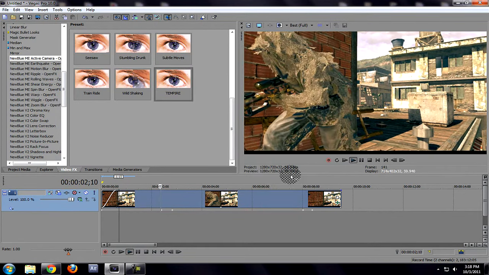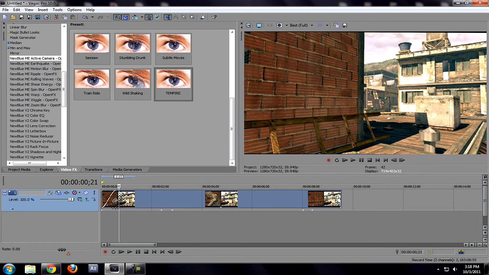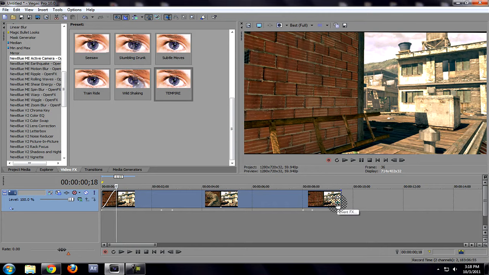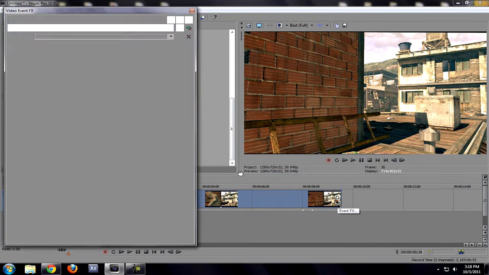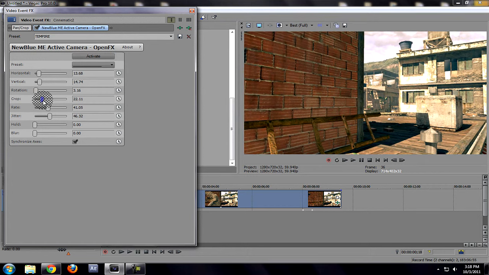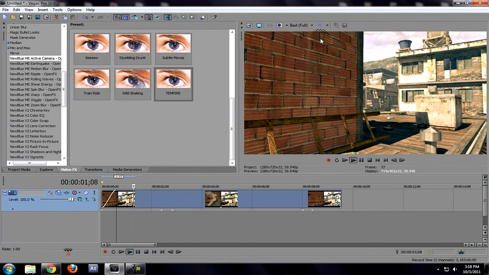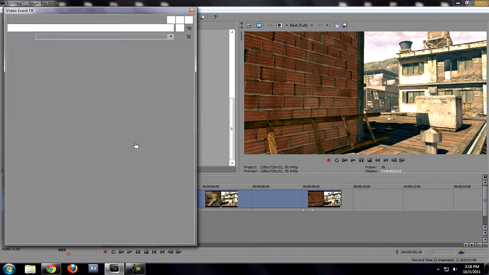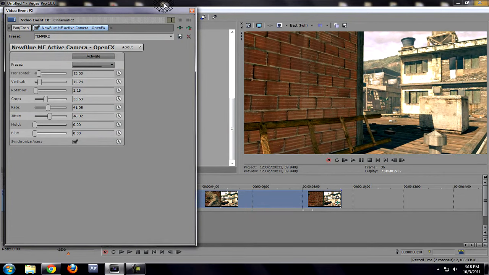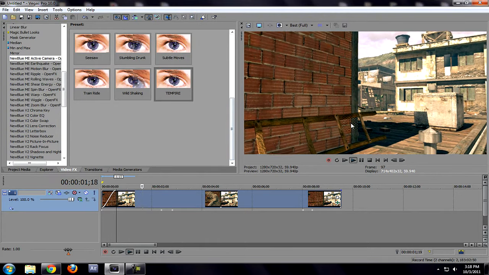Now that might be a little bit fast for you guys, and if you see the black lines down here, it's going to sort of ruin it, and it'll ruin the cinematic effect, even though there were cinematic lines before. So we're just going to crop this out more. So like we're going to go 22 here. So that looks better, and it's still hitting the lines, so I'm going to crop it in even more, even though it's not good. Just go like 33, and we'll play that back,